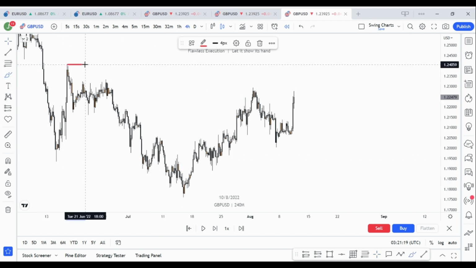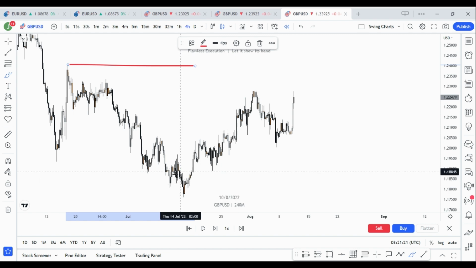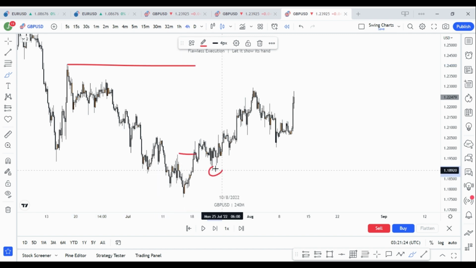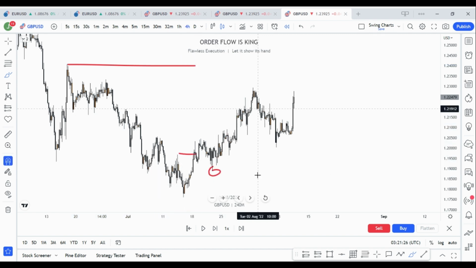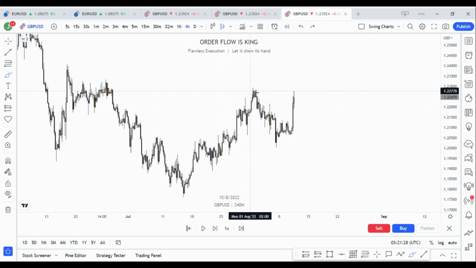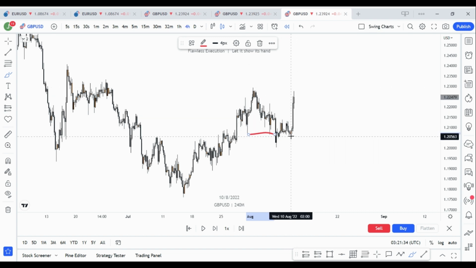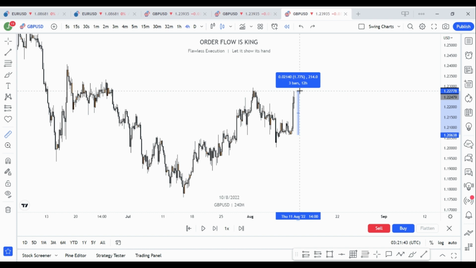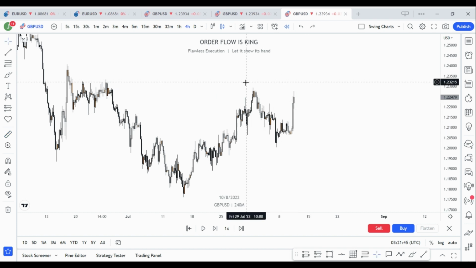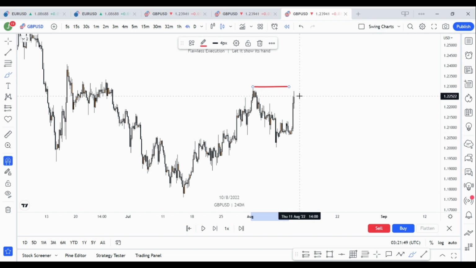For example, this here would be our 4 hour or daily swing, and we get a major shift here, and we can obviously take a buy, because it is pro order flow. So, for example, we have a break of structure to the downside in the market here, and then we have a massive impulse here, and people would be thinking, oh, this is a 200 odd pip, 220 pip 4 hour candle, the high is definitely going. We're going to see a massive bull run. Potentially yes, but